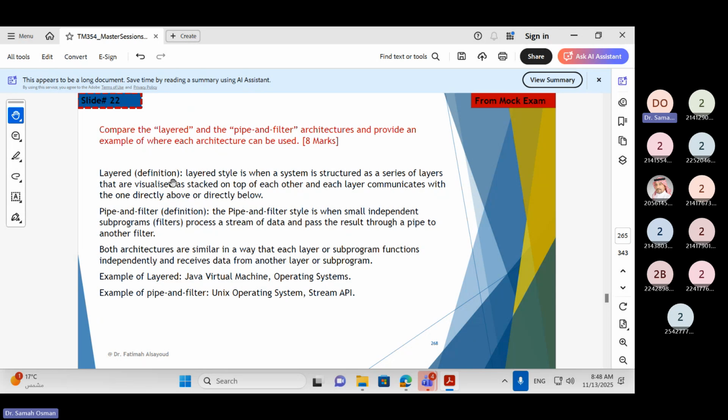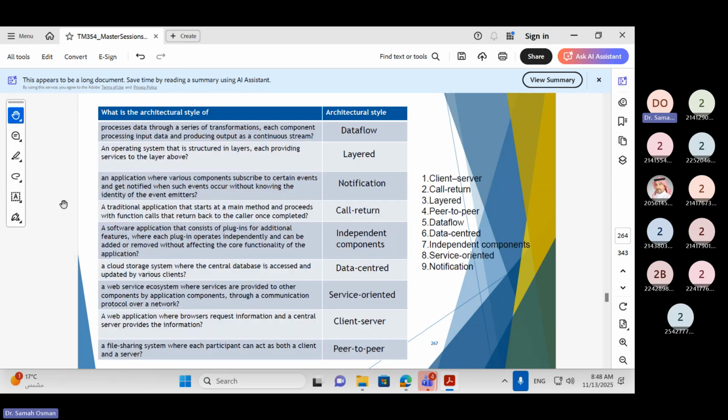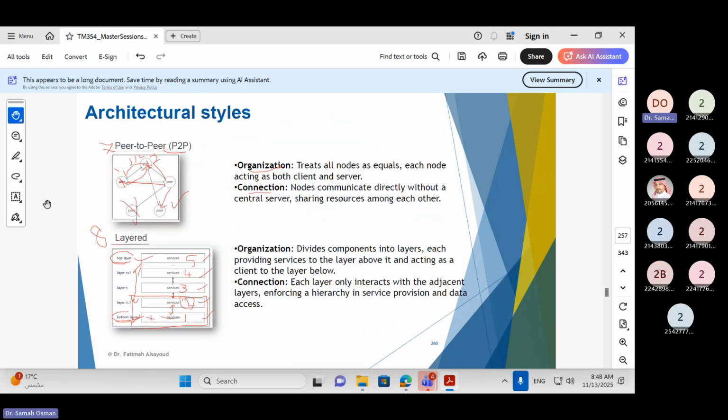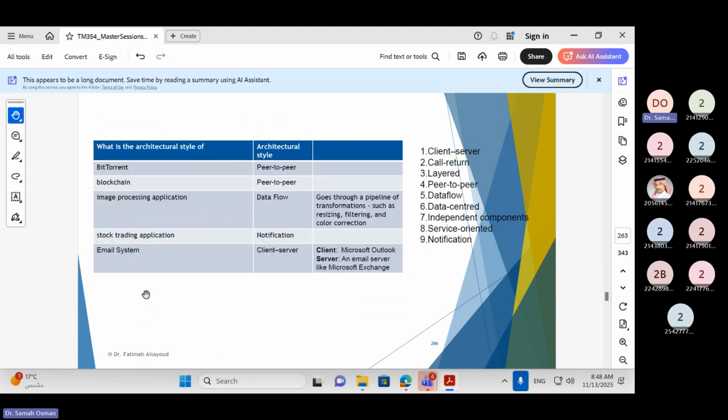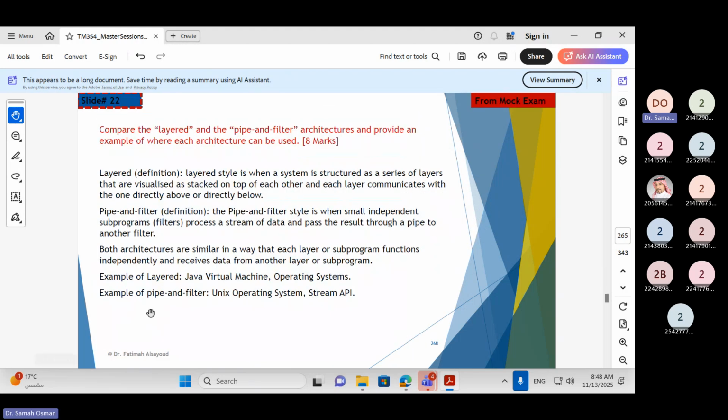A layer definition is: layered style is when a system is structured as a series of layers that are visualized as a stack on top of each other, and each layer communicates with the one directly above or directly below. So for this definition, either you understand it from here, this is our layer. You can use the words that are already there from the slide. They will give you specific details and a specific definition. In the exam, if you feel you cannot give the exact definition, you can just try to explain clearly